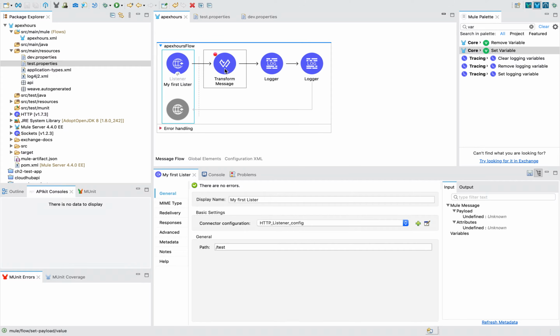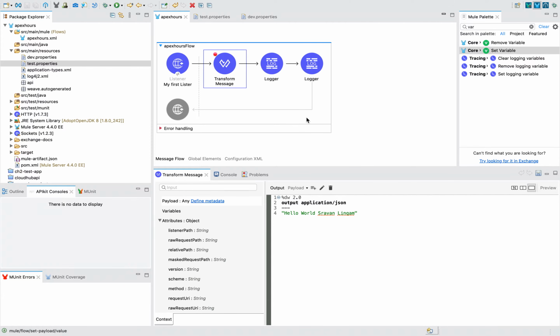Now next, how to use it inside a Dataweave transformation. Whenever you are using transform message, by default whatever code you are writing is between the hash and square brackets. Now imagine instead of using this Shravanlingam, I will try to externalize these values through property files. Again we will understand this JSON structure. I will say value using dollar